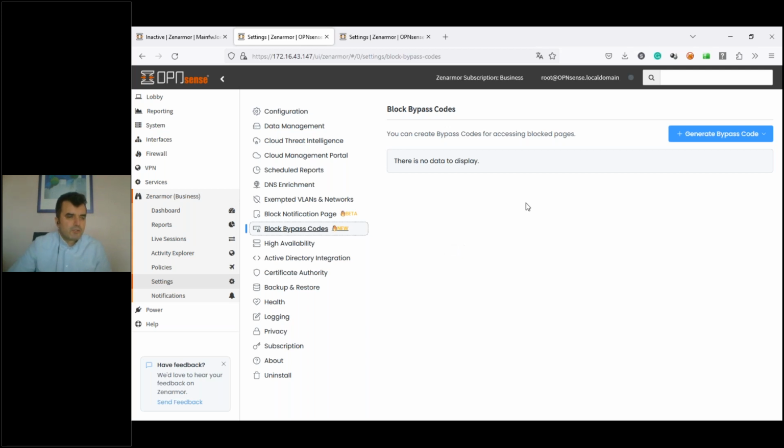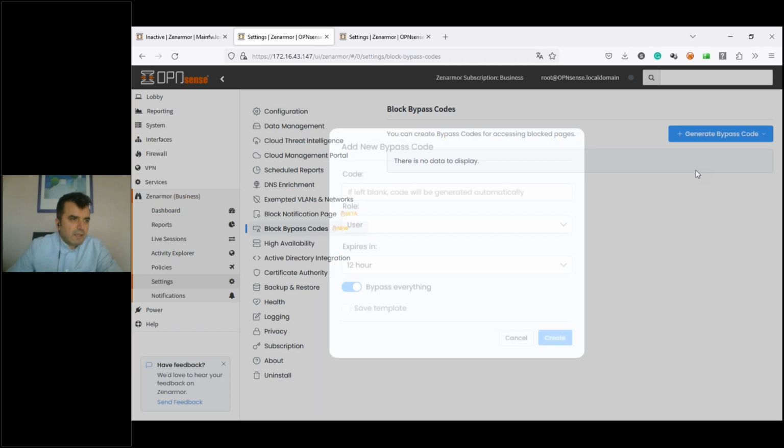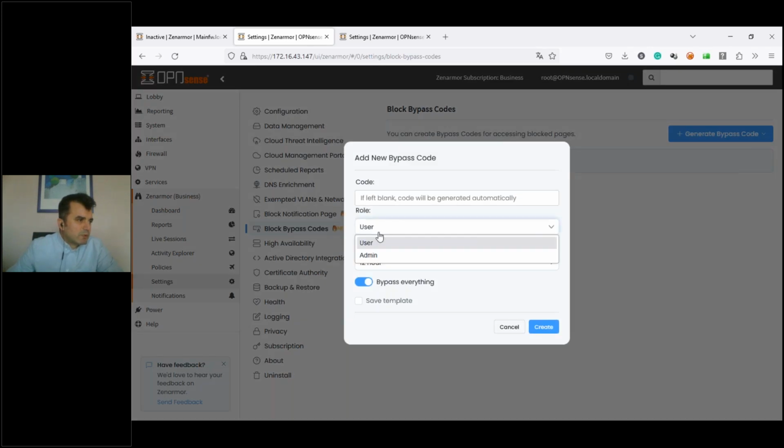Bypass code feature: you can let your clients access a blocked web page temporarily via a bypass code. It has two modes, user and admin. The difference between these modes is that the user PIN is able to access the site for the user's device only.